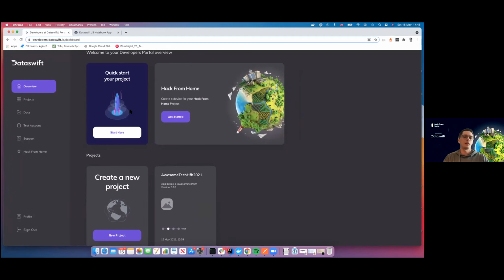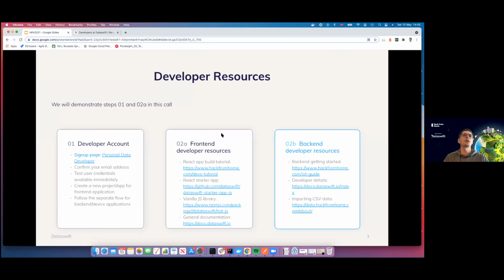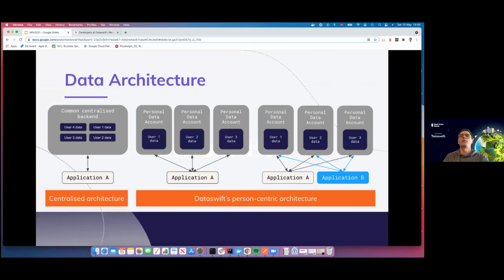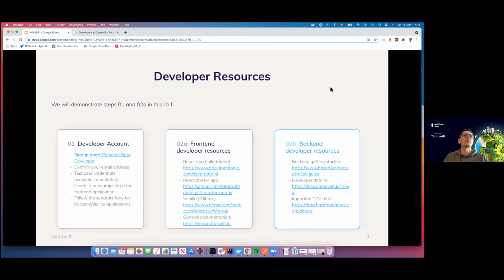Okay, let's get back to my presentation. At this stage, we have the developer account set up, it's up and running, and then, as I say, depending on the next steps, you would choose which set of processes to go through. Now, specifically, if you're developing a front-end application, we have quite a lot of resources to support